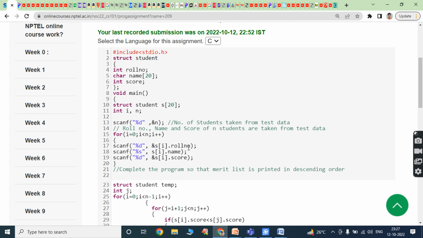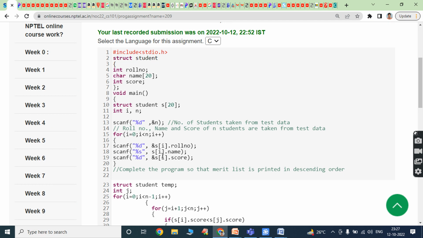For the ith student we have to read the roll number, the name, and the score from the keyboard by using a for loop and the scanf function. Once we have read the data for n number of students, where every student contains roll number, name and score, after that we have to arrange the